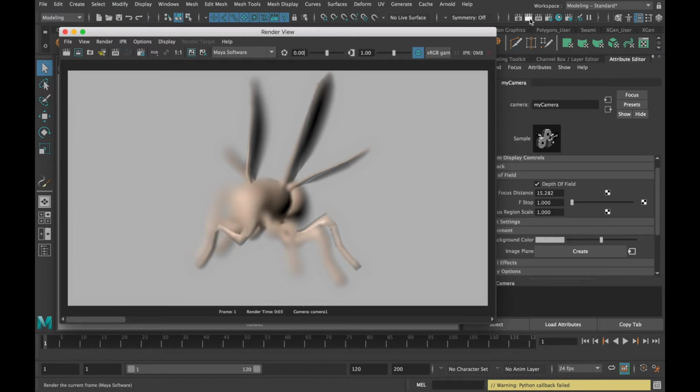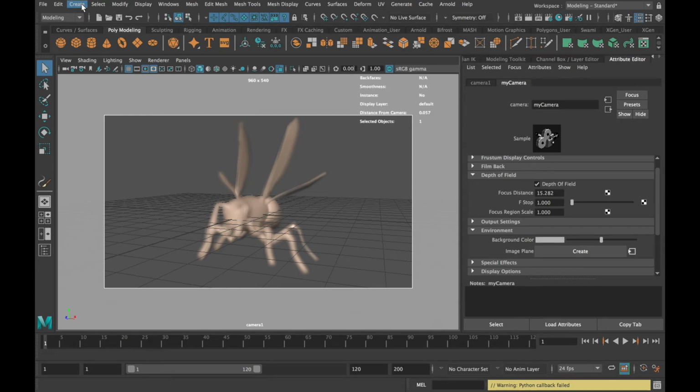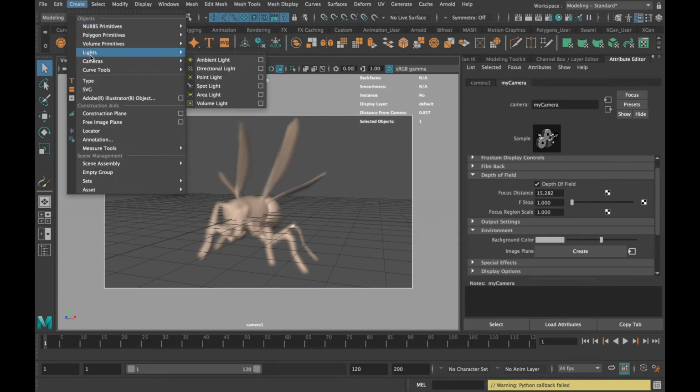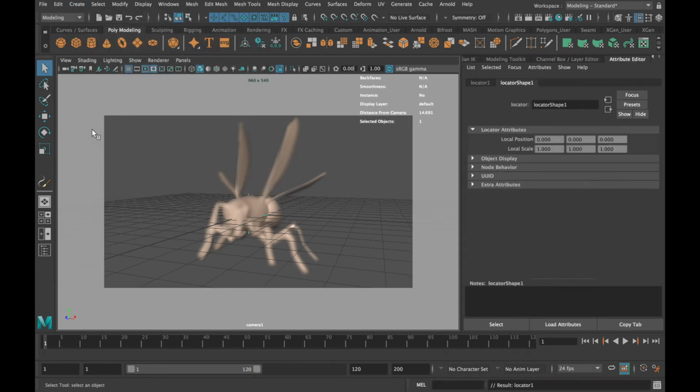To do this, I will use a locator, which I will snap to the wasp's head. This locator will help me determine the wasp's head's distance from the camera. To create a locator, I go to Create, Locator. I will snap it to my wasp's head. And notice that the distance from the camera is now